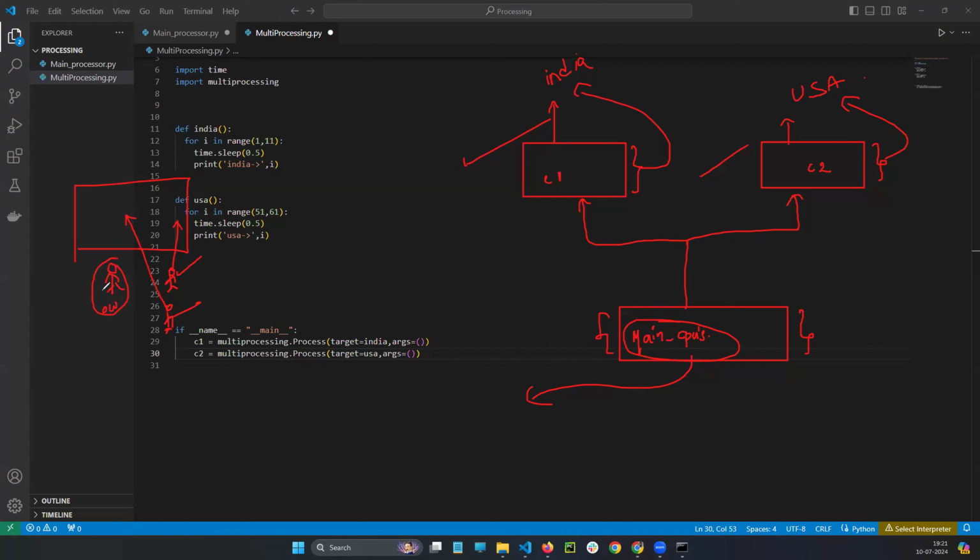So owner should be there or not? It's his own option, yes or no? If he wants to wait till the work completes, he can wait, or else he can go outside and do some other work. Yes or no? Am I right or wrong? Yes, sir. Okay, so whether you will hold the main CPU here or use the main CPU for some other purpose, it's your wish.